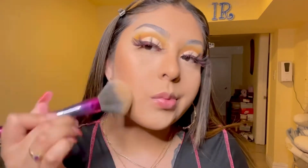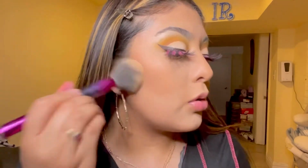So usually I will let this sit while I do my blush and all, but I don't like it to sit for too long, so I'm just gonna wipe it off now. So you guys see, grab that. Now I'm going to use my